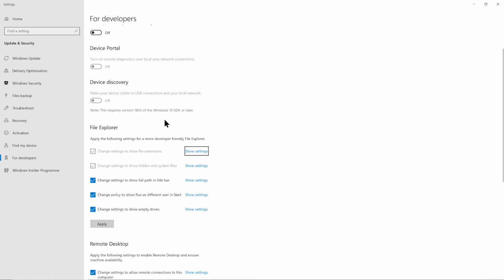This will load your computer settings, and then there's an option here which says change settings to show file extensions. Mine's showing as grayed out because of the other settings I've got, but if yours is clickable and it doesn't have the tick, you can click it and then press apply, and that will update all of your file explorers so it will now show you the file types for all different kinds of files. If you decide you don't like that, you can turn it off at any point by doing the same steps and unticking the box and pressing apply.